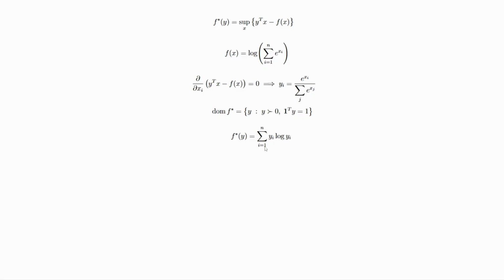And by the conjugate of the conjugate theorem, which I didn't mention, but you can probably see, the conjugate of the conjugate is the function back. Negative entropy on the simplex conjugates back to the log-sum-exp. So these two functions are kind of dual to each other. So this is why entropy regularization and the softmax function all play so nicely together in